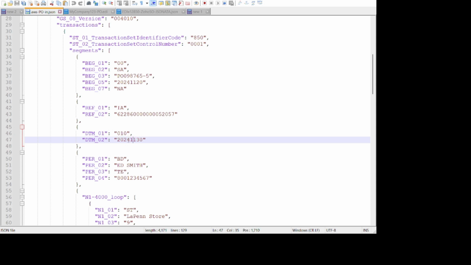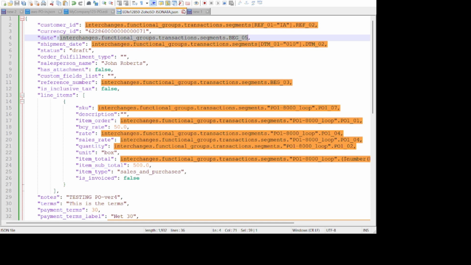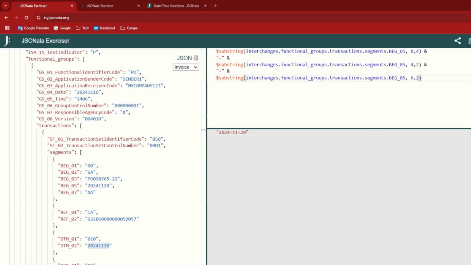What Zoho is expecting is the dashes in between. So I was looking into the formula on how to do that, and in JSONata, they have